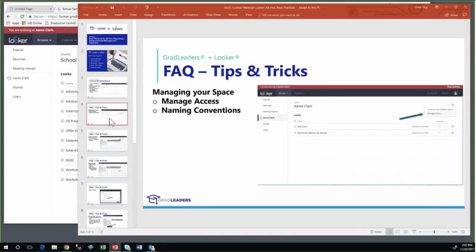The next tip I want to share is around managing your space. Now, for the most part, you won't have to do this, but we do have schools that have 2 or more users in Looker. And so with that, you're going to certainly want to share reports with each other and give each other access